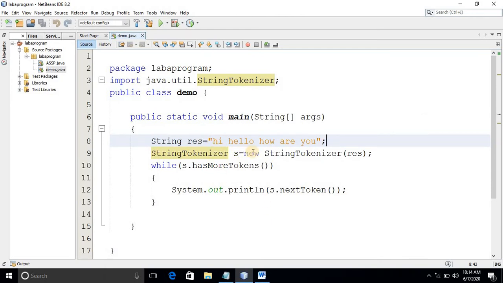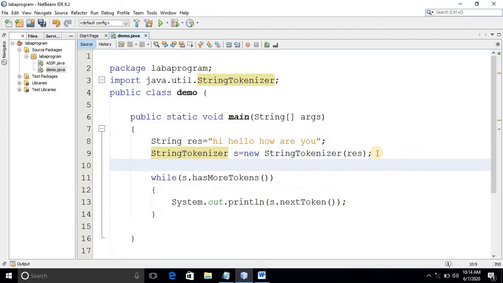Okay. So now, as I said, the first constructor takes the space as a delimiter. So how many tokens do you get? Hi will be one token, hello will be one token, how is one token, are is one token, and you is one token. Now I'll print here System.out.println, number of tokens is, and in which variable are the tokens stored?